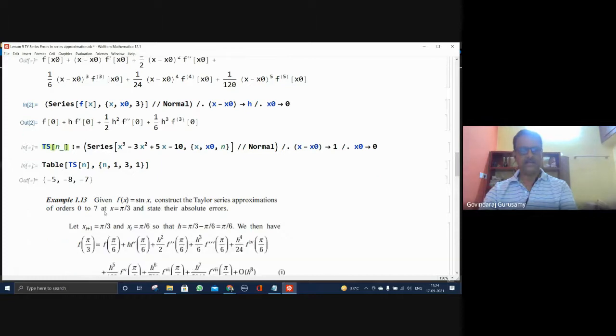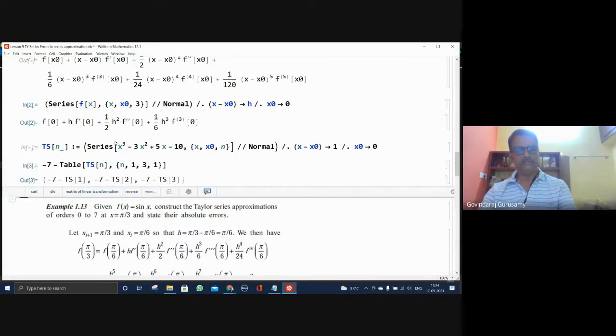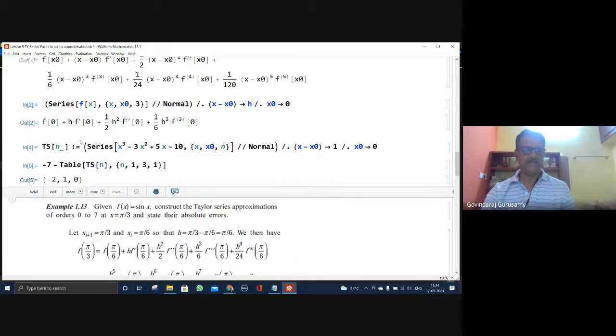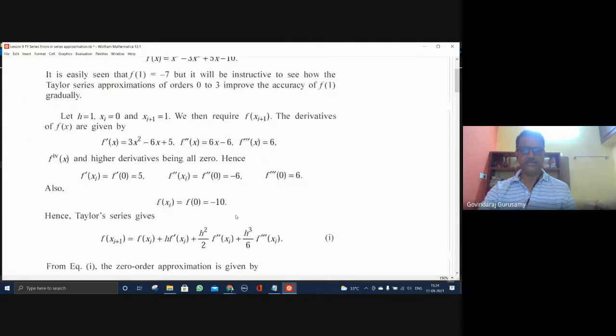And those results can be tabulated. In the table here, you can see this is the number when n equals 1. So you can see the error that has been found. Okay, minus 7, minus of that is going to be... No, you can see the error here. Something is wrong. You're not getting this one, because this should be expanded now before I do that. Expand this. Now you do it. Now you'll get the results. The result is minus 2, 1, and 0, which has been shown here.